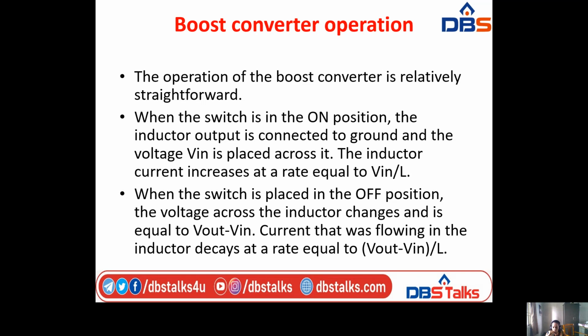So whenever the switch is in the on position, the inductor output is connected to ground and the voltage Vin is placed across it. The inductor current increases at a rate equal to Vin by L. Whenever the switch is placed in the off position, the voltage across the inductor changes and is equal to Vout minus Vin,